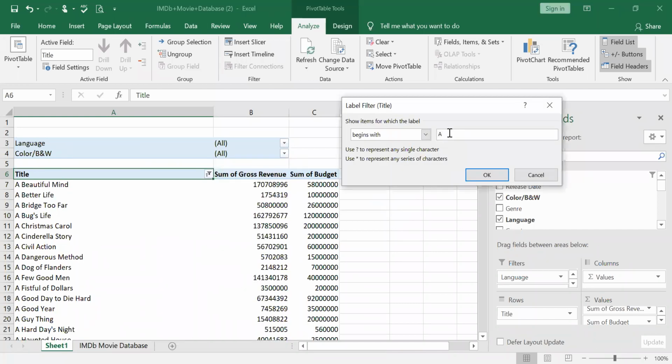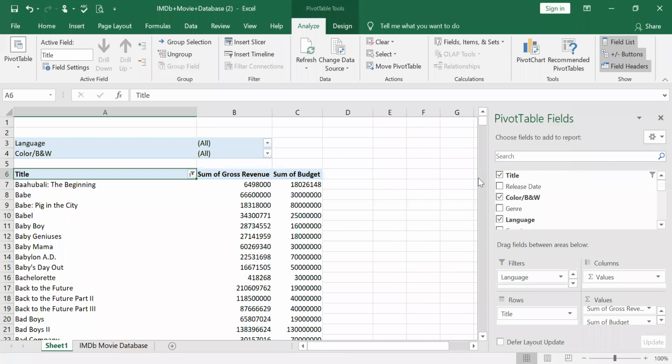A question mark is a single character. For example, if I provide a question mark before A, what will I have? I will have all the movies where A is the second letter. So before that, I will have B, second letter A, first letter